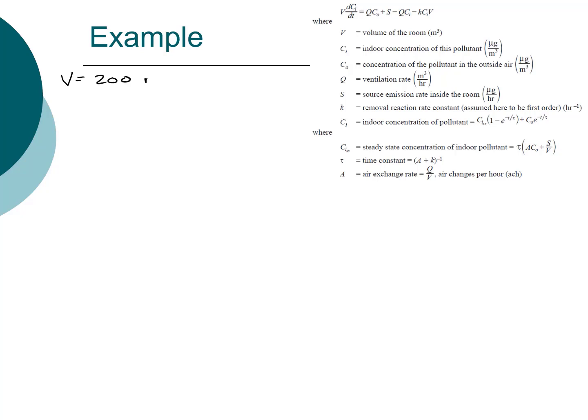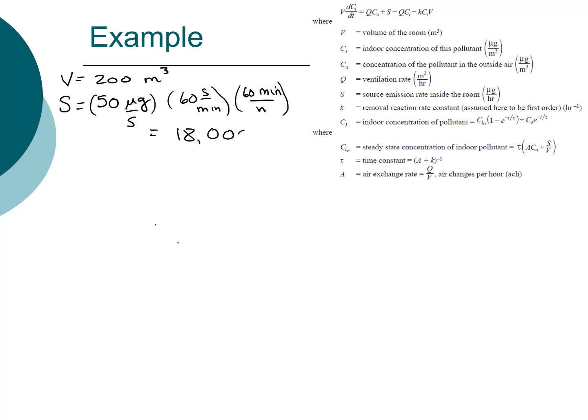We have volume is equal to 200 cubic meters. The source term is 50 micrograms per second. We want that in mass per hour. So if we multiply that by 60 seconds per minute and 60 minutes per hour, then that is equal to 18,000 micrograms per hour. C0, the concentration in the outdoor air, you're told is 20 micrograms per cubic meter,